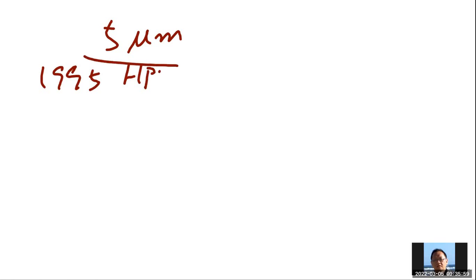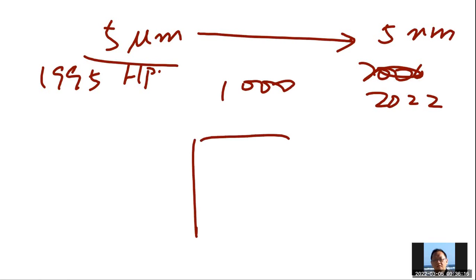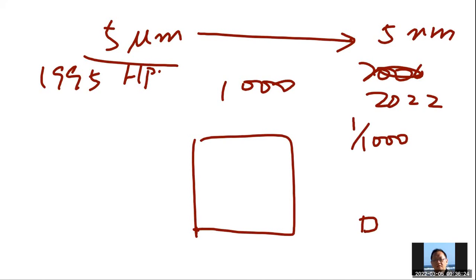In this year, 2022, right now TSMC is 5 nanometer. So it's a reduction of 1,000. Originally it is this big, now it's only 1,000 times smaller one way. So squared, it will be 1 million times